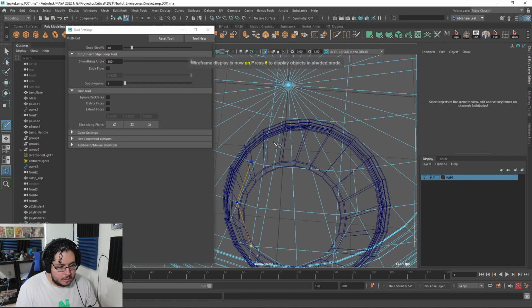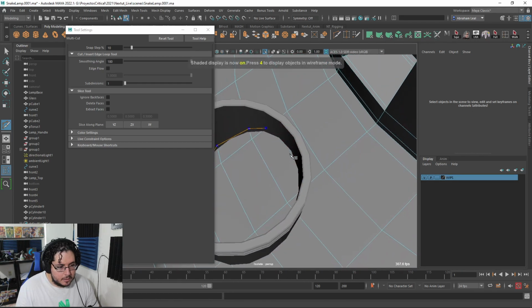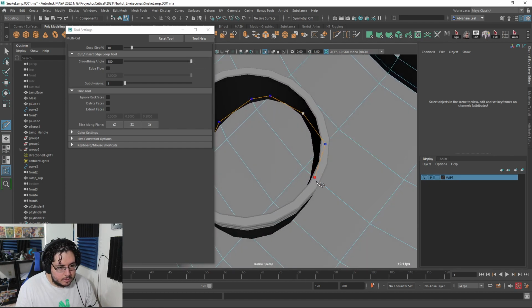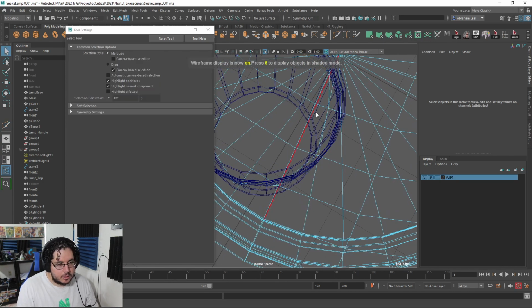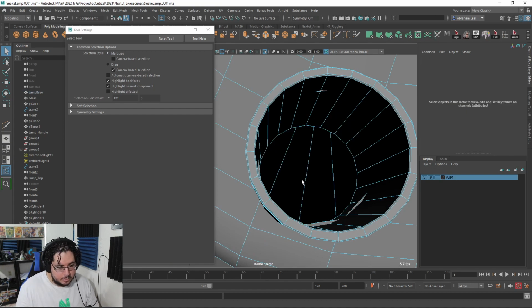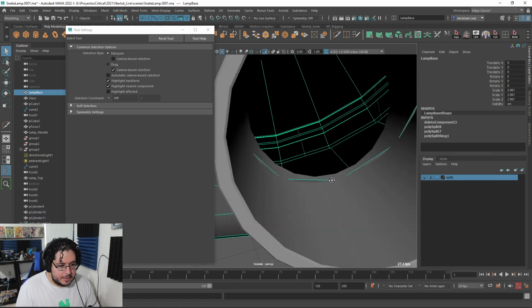We'll have to go about there, and then to the middle of that thing there. Now this is symmetrical, so we can mirror it later on to make sure that things are looking as nice as possible. And that's it. So now we can go in here, select these faces we just cut, delete them, and now we're going to have a hole, so people are going to be able to look inside of the